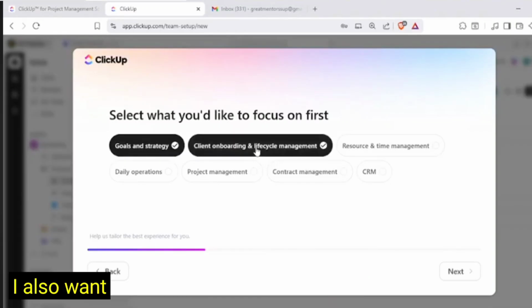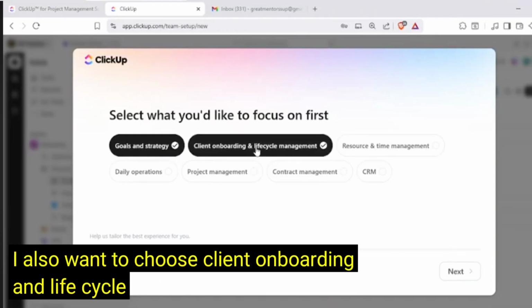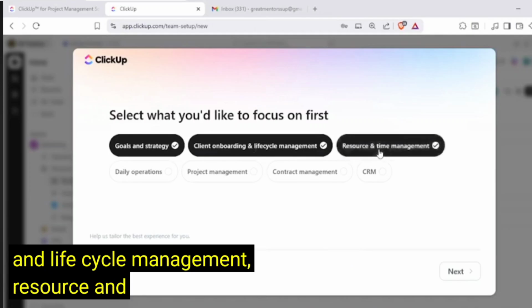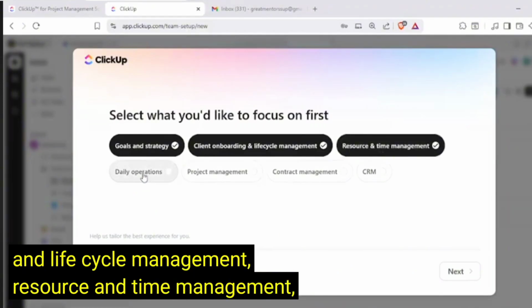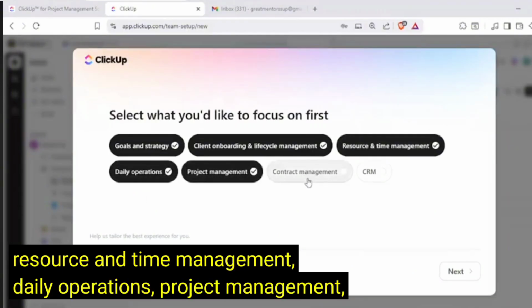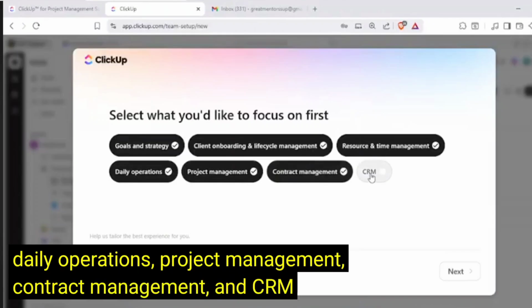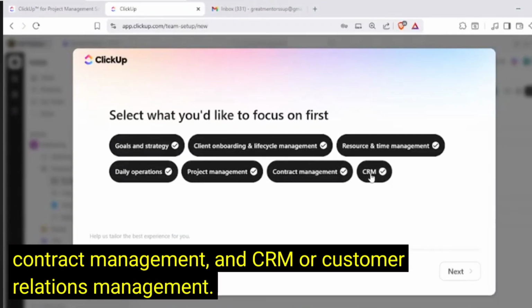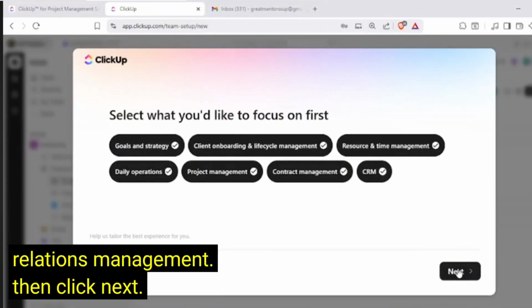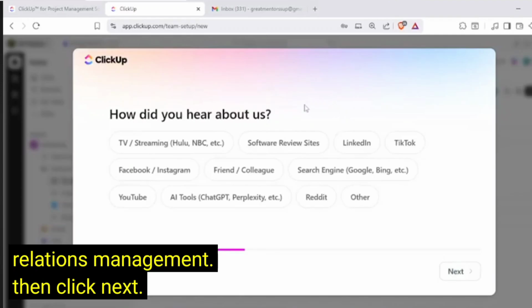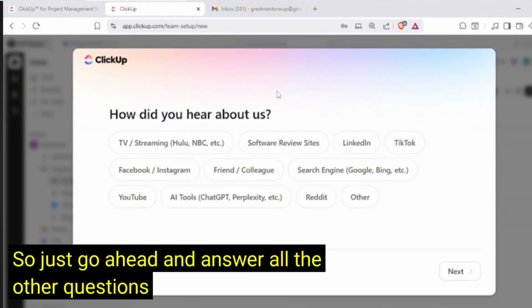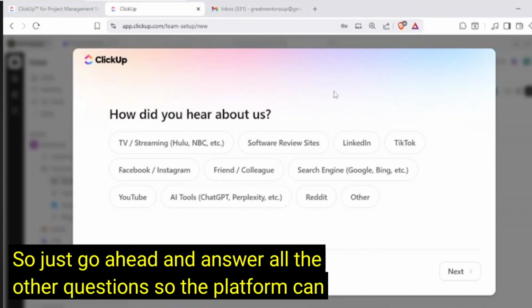I also want to choose client onboarding and life cycle management, resource and time management, daily operations, project management, contract management, and CRM or customer relations management. Then click Next. So just go ahead and answer all the other questions so the platform can suggest some functionalities